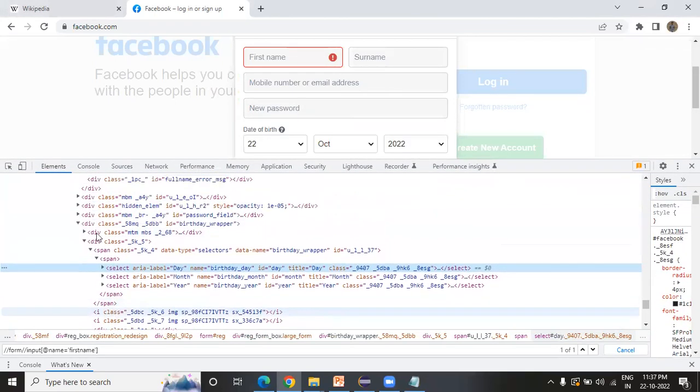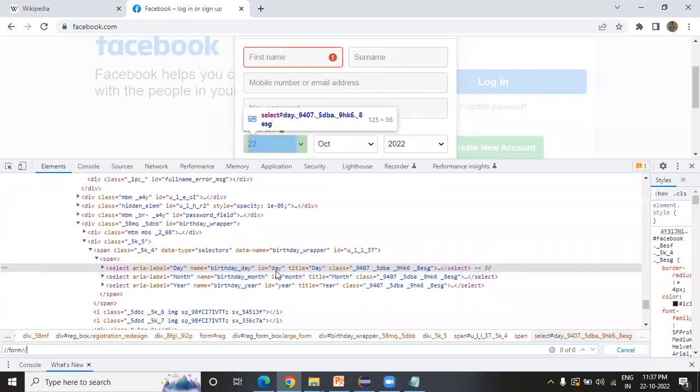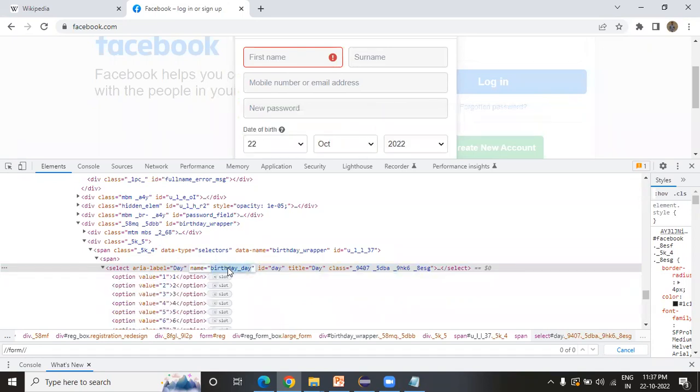So this is also inside the form, right? Let me start from the form only, and let me just remove this. Then see, it has a name, birthday underscore day, and an ID also there, for day, month, year. This seems to be unique, so I can use either ID or name. Let me use name only. Let me take this,